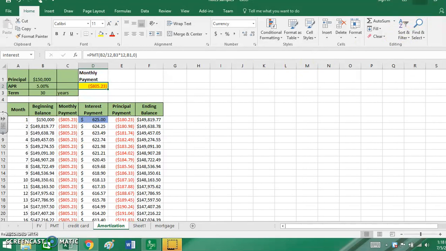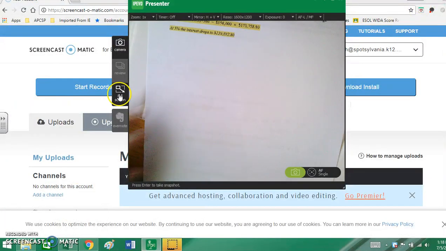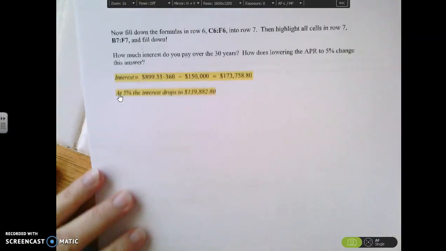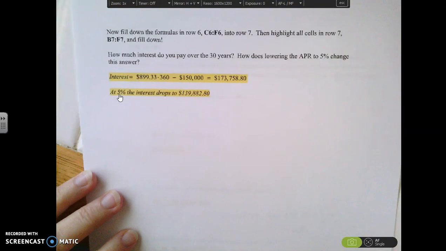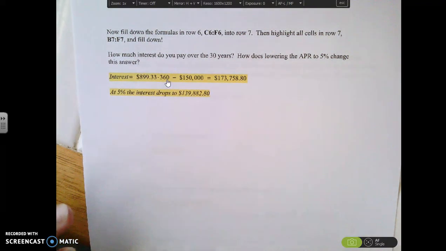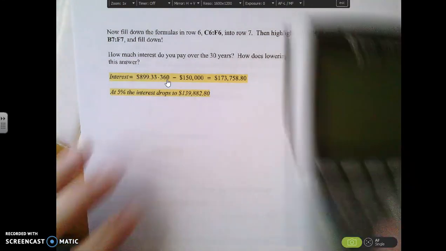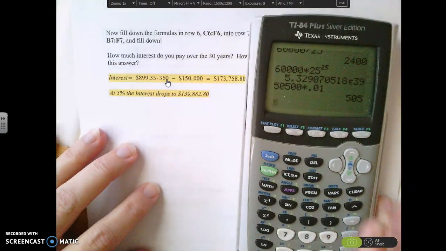So let's go back real quick to our worksheet, and you'll notice again our last two questions on the back on page 96 said, how much interest do you pay over 30 years? And remember, we calculated it on the spreadsheet by adding them up. But there's another way to do it. If my monthly payment is $899.33 a month, and I pay that payment for 360 months, then that means that I'm going to pay, if I do that on my calculator,